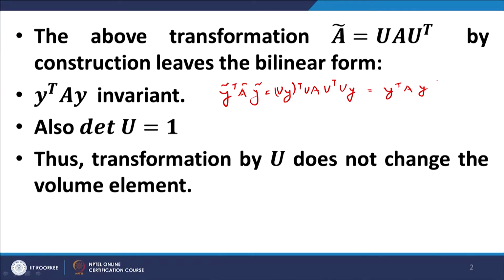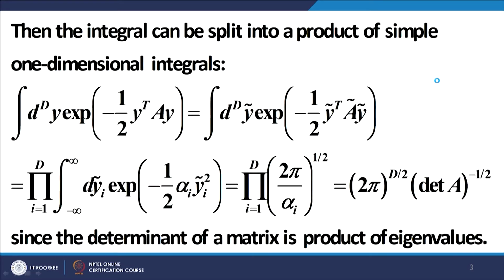Right, let us continue from where we left off, but before that one point, determinant u of course can also be minus 1, but we do not consider that aspect because we want to retain the positivity of the integration volume. So, determinant u equal to minus 1 we ignore and we retain determinant u equal to 1. The net result is that when we look at the integration, the bilinear form in the exponential is unchanged by the rotation, and at the same time the integration element is also remaining unchanged.